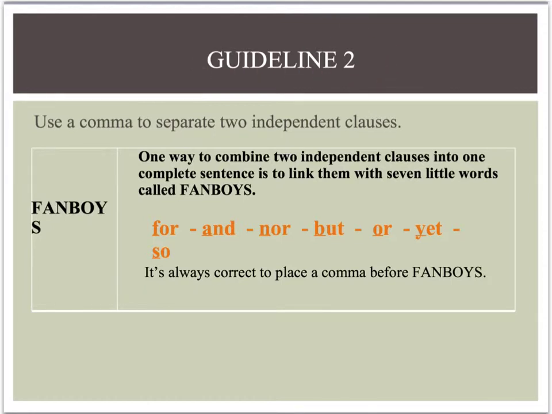Guideline 2. Use a comma to separate two independent clauses. One way to combine two independent clauses into one complete sentence is to link them with seven little words called fanboys: for, and, nor, but, or, yet, so. It is always correct to place a comma before fanboys. For example,